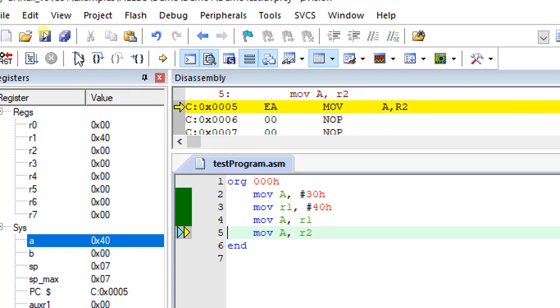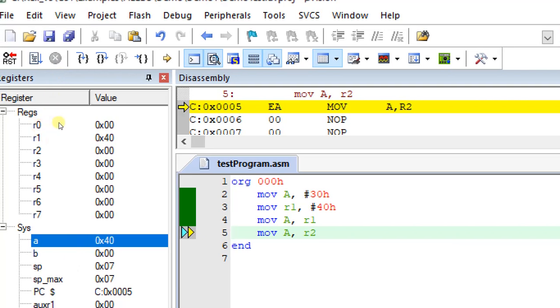Now execute the next instruction, register addressing mode. What happens here in register addressing mode? MOV A, R1. The data that was in R1 has to be moved, that is copied, to register A. R1 has the value 40h, and it should move to register A, right? Has it moved? Yes, it has been moved to register A. This is the register addressing mode.